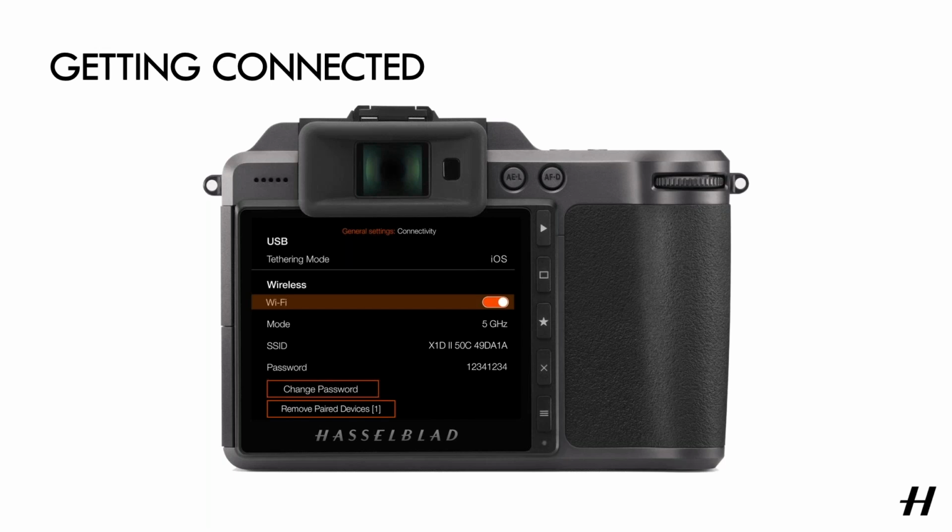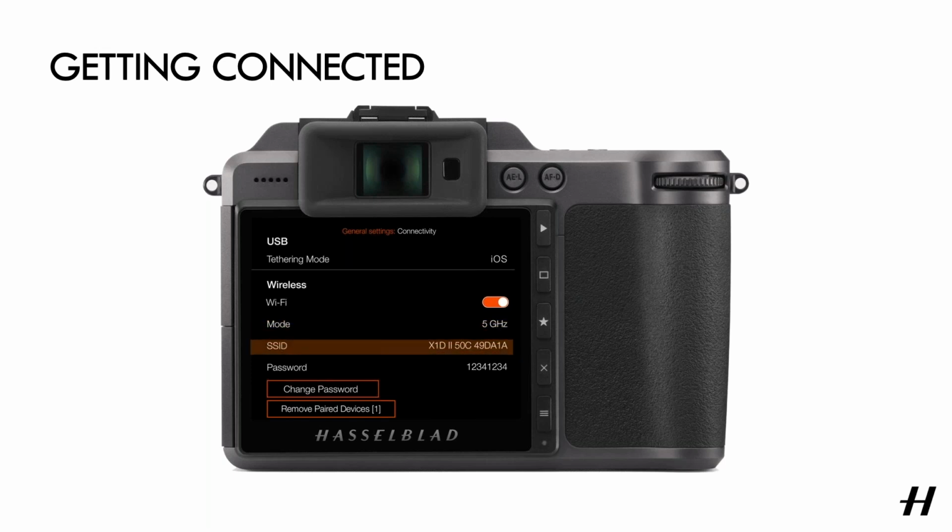Now, I generally keep Wi-Fi off to conserve battery life, but for the sake of this demonstration, we'll need it turned on. Down below that are the 2 Wi-Fi options that the X1D II supports. And by default, it supports a 5 gigahertz connection mode, which is prioritizing speed over all else, but it doesn't do as well over longer distances or through walls. You can change it over to a 2.4 gigahertz option, which does pass through walls better, does travel over distances better, but albeit with a slower transfer speed.